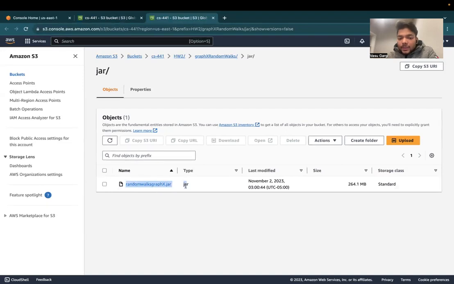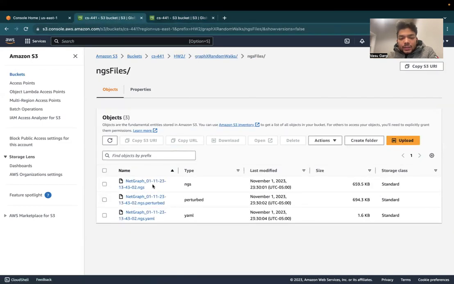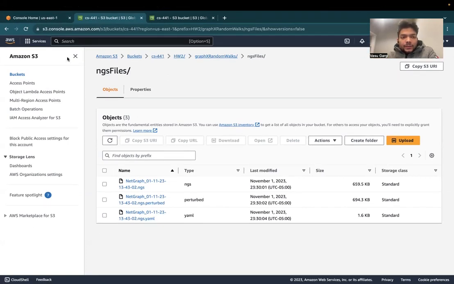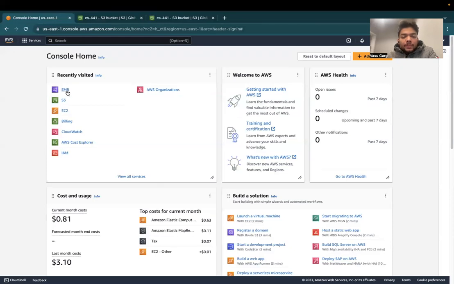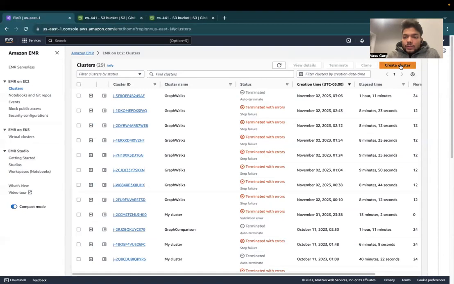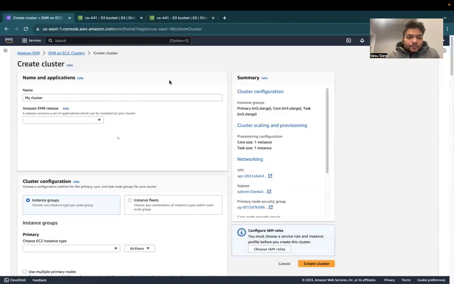It already contains my program's jar, and also there are these serialized files, which contain your graph, both the original graph and the graph which is modified. So these are the files which are taken into account by our program. Now, moving on to the EMR part. How do you deploy a cluster? What I'll do is go on create cluster,